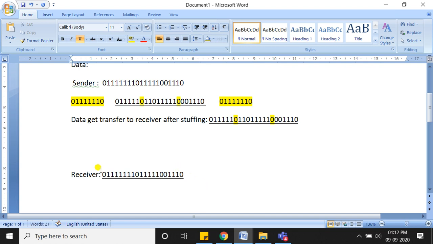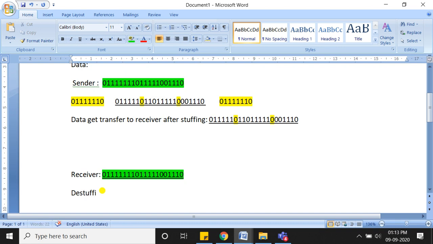In this way the receiver follows the process, and you see that what the sender wants to send and what the receiver gets after destuffing is the same. This is the original data, exactly the same as what the receiver recovered after destuffing. Destuffing is done at the receiver side.